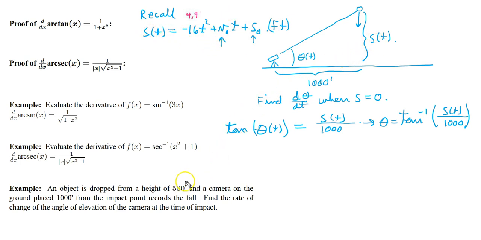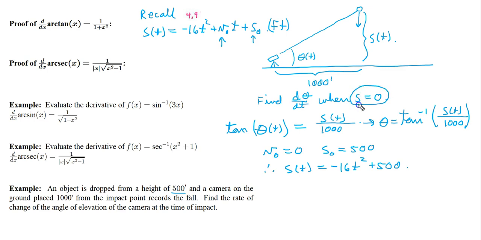Now in this case, we're told that the object is dropped from an initial height of 500 feet. So for our problem right here, the v0 is 0, and the s0, that's the initial height, is going to be 500. So therefore, s of t is this. There we go. So now we can plug that in for the s right here, and we'll be able to differentiate this. Now let's find how long it takes to hit the ground. We need to know that. Well, if we set this equal to 0,